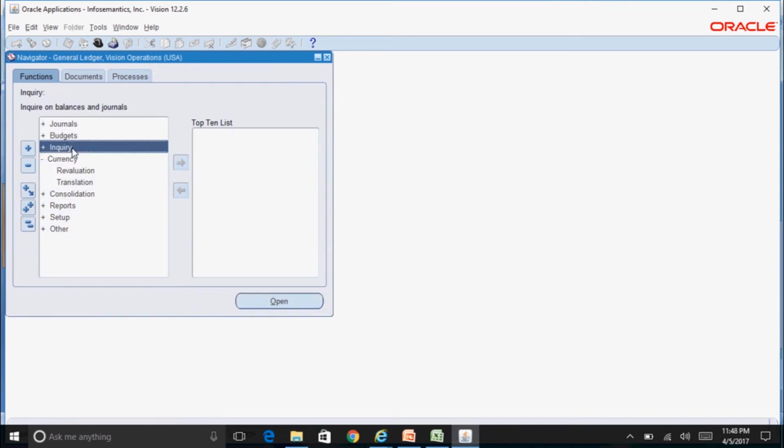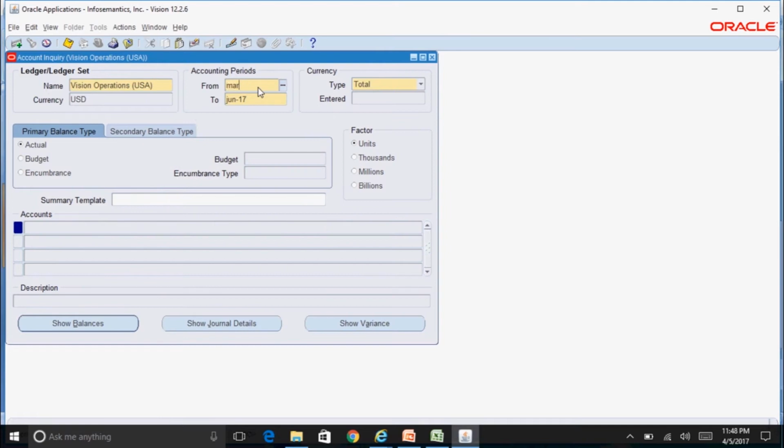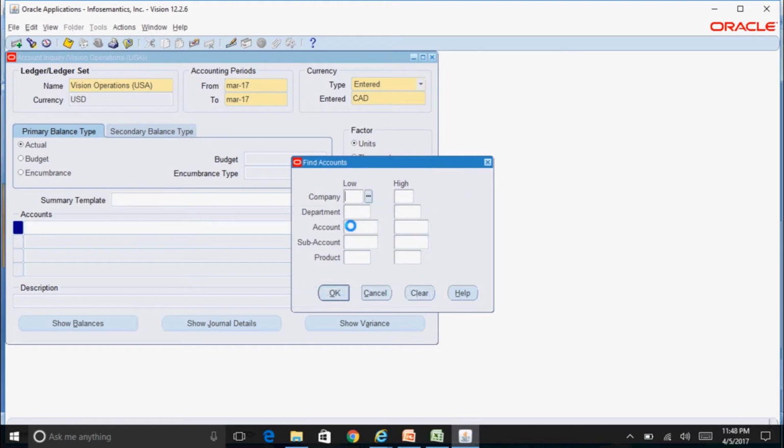So go to inquiry, account. Okay, select the period as March 17, and the currency we are interested in only the currency CAD, and account code combination is 01, department is 0, and account is 2110.